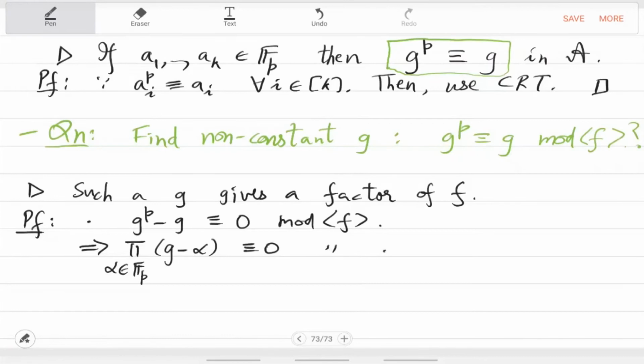There in x you substitute g, you get this. That identity does not even need mod f; mod f is just hanging around for free. But now it will be of help. So what this means is that the product of the f_i's